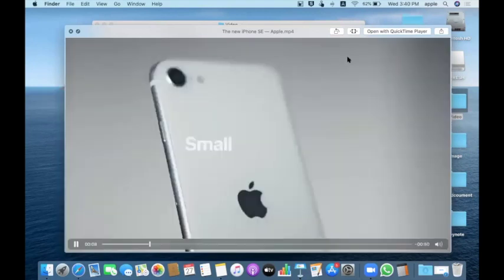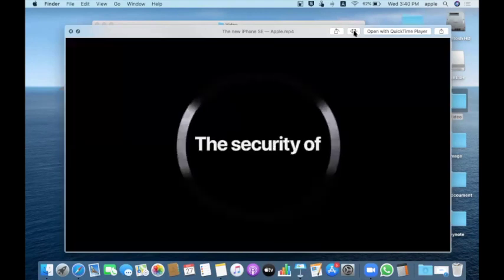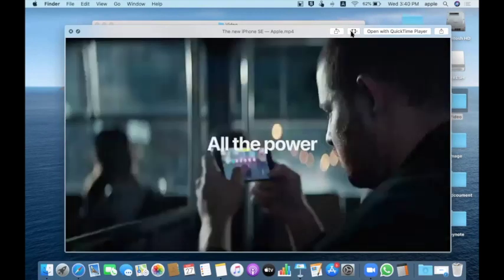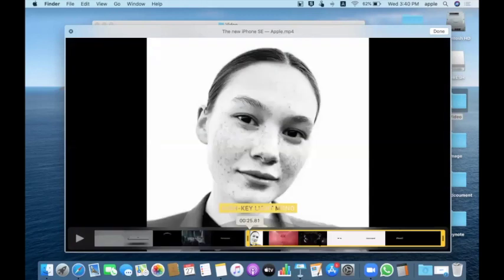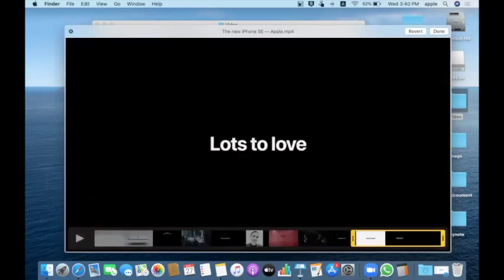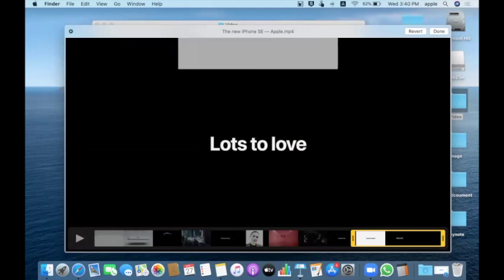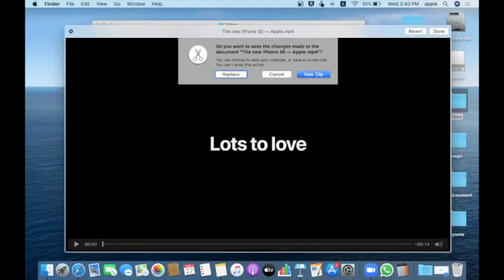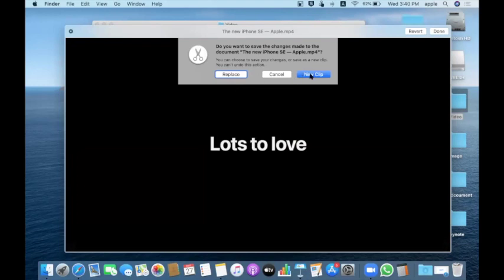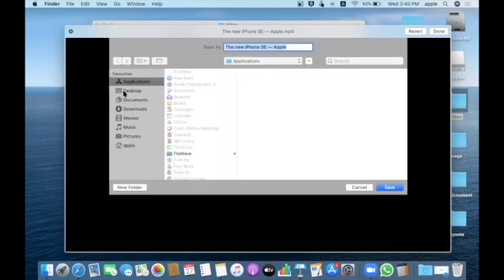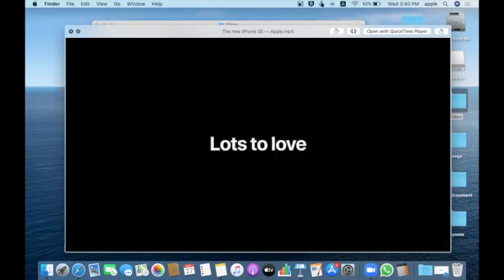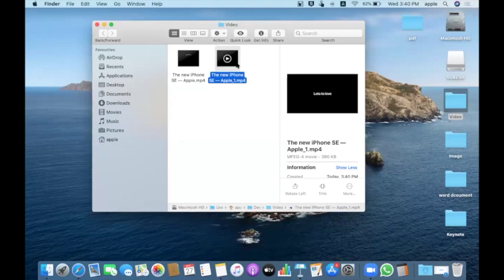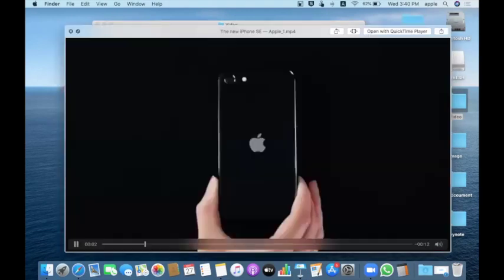If it's a video file, I have an option to trim it without any third-party application. Just here you can see the trimming option, right? Just click on trim, so you'll get an option. So directly here I can trim it. If I click done, it'll ask whether you want to save it as a new clip or replace the entire clip. So you can choose. You can save it as a new clip. So instantly it gets saved actually. So you can see it here, right? This is the trimmed video.